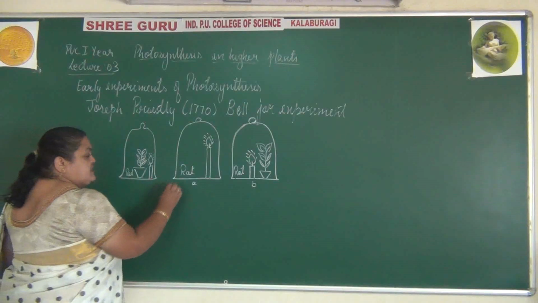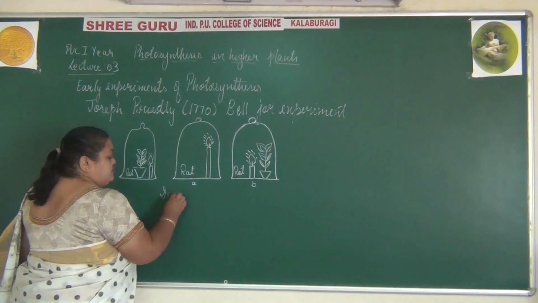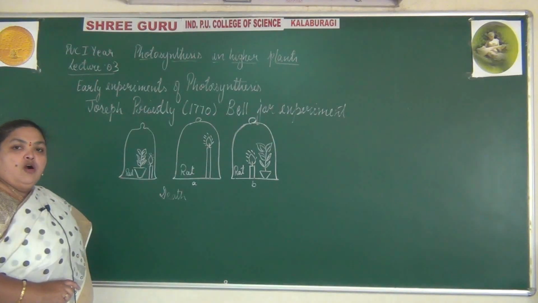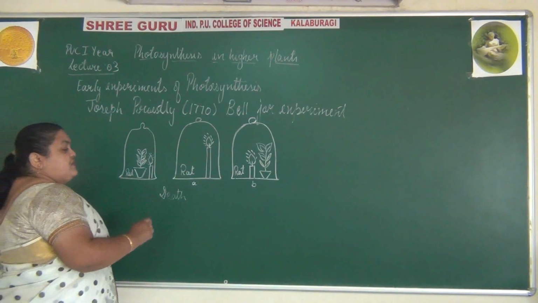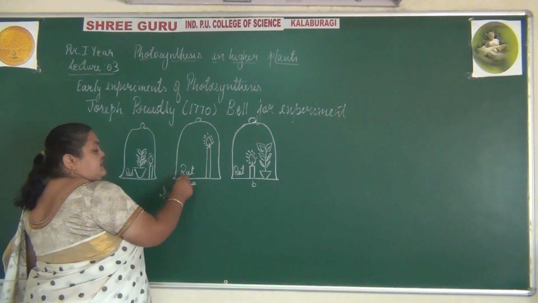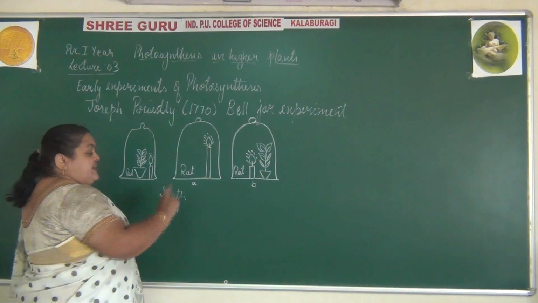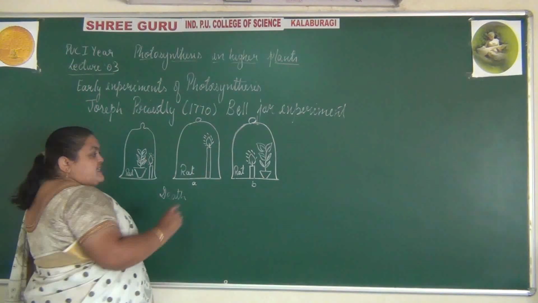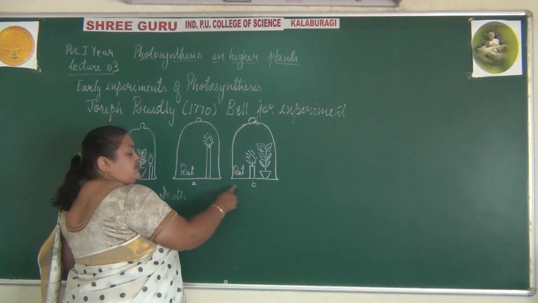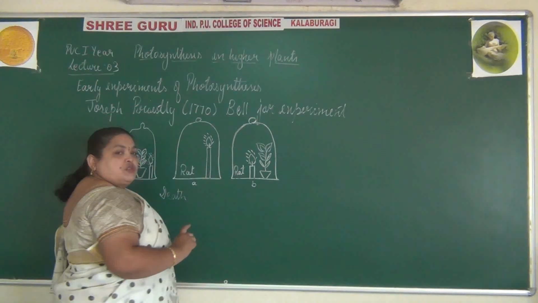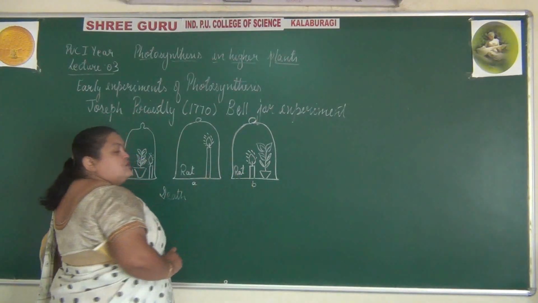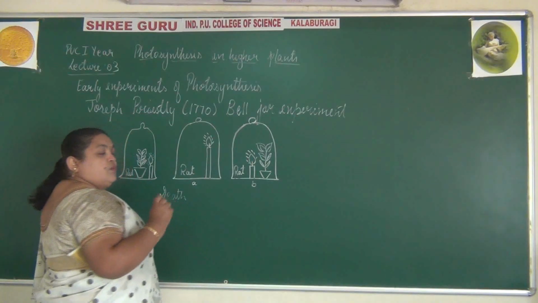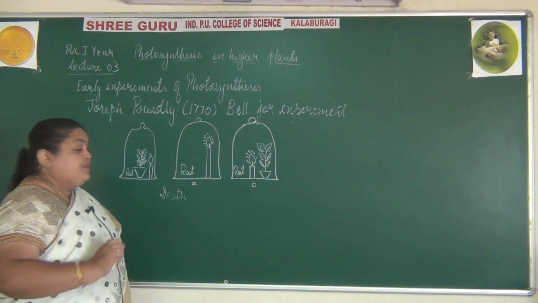So there was a death of the rat and the candle was also put out. While in the second setup, he observed that the rat was living and the candle was burning continuously. So with this simple experiment,